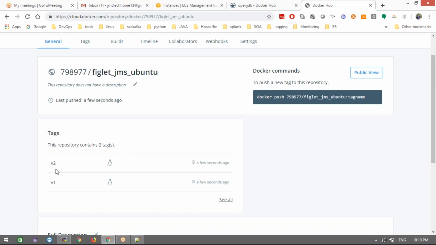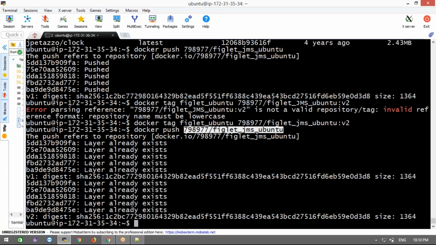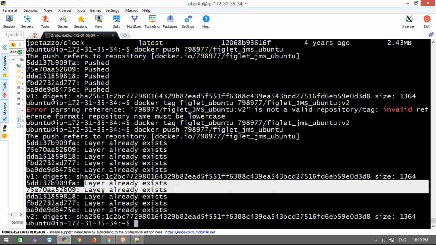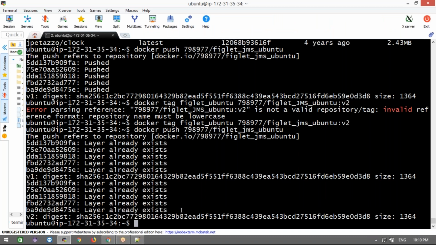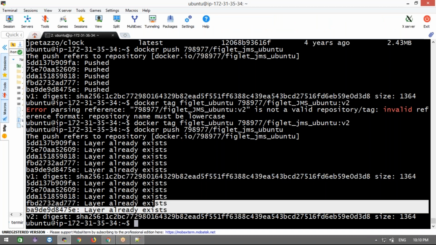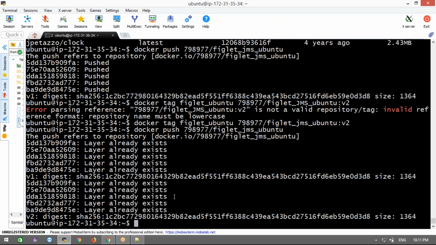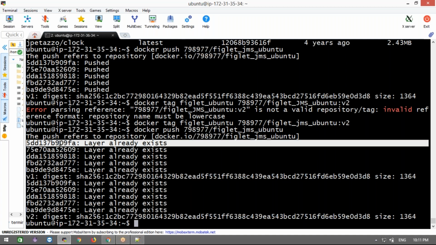Now v2 also. Okay, you guys are thinking why this layer already existed. What we discussed is like a cache, right? If image one's layer is already pushed to Docker Hub, it won't push it again.